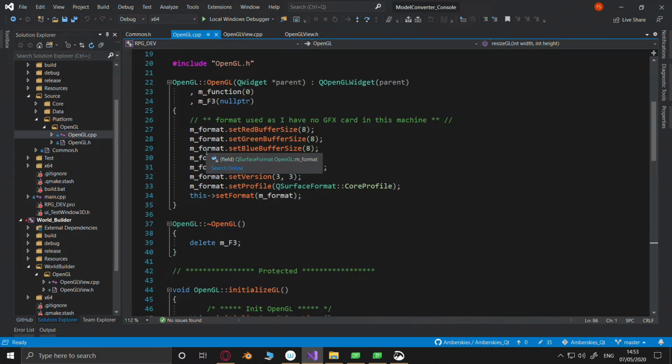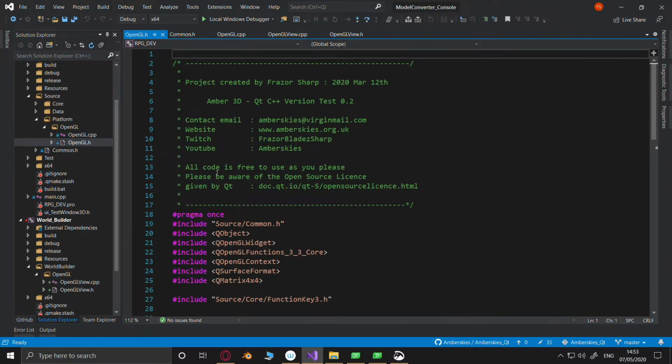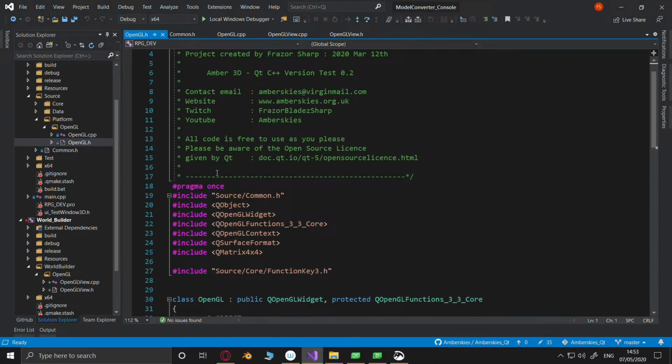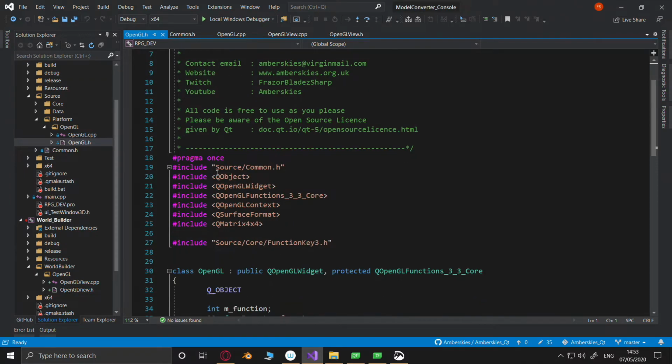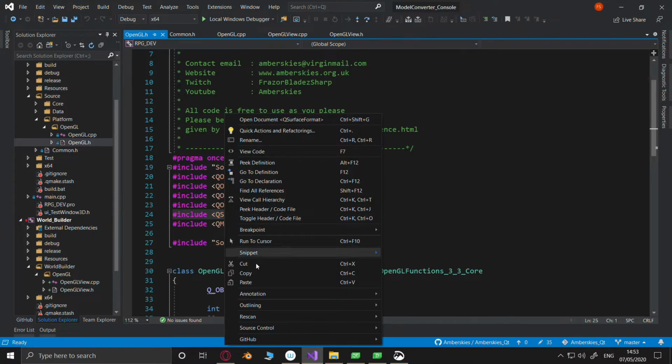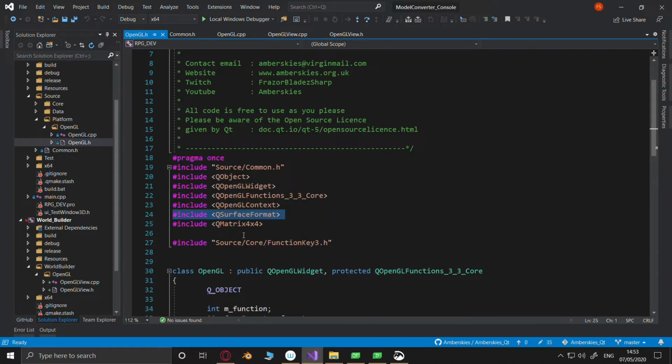M format. Q surface. Okay. So there's just Q surface. It's just that one. Yeah.